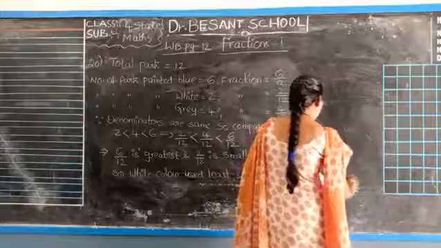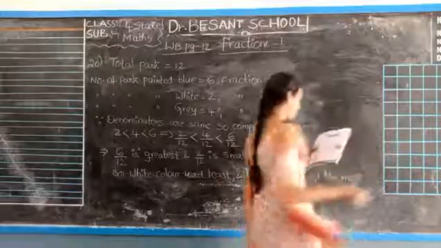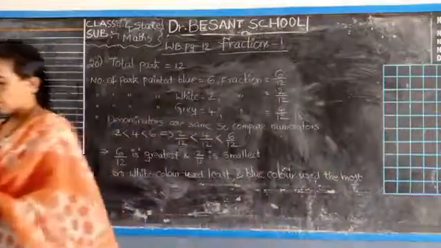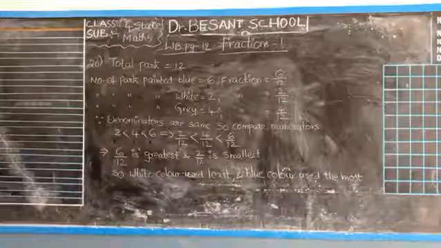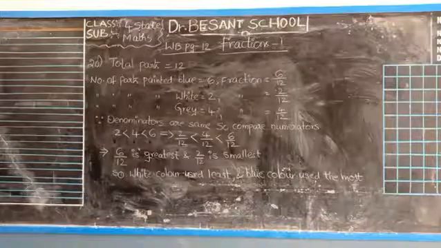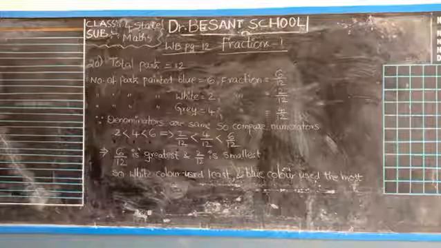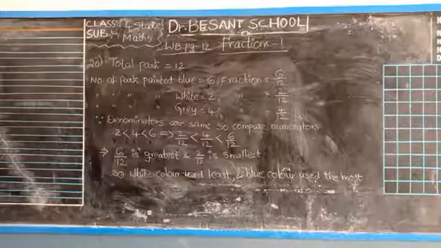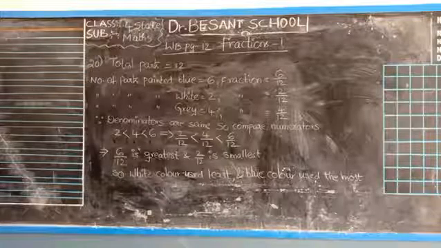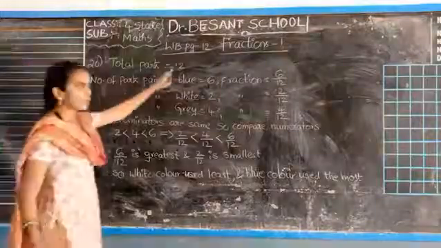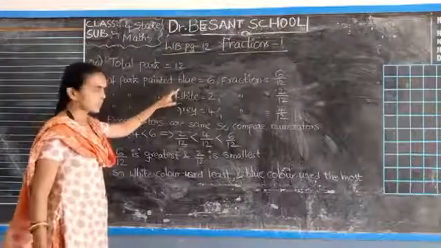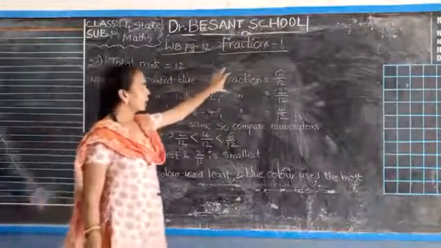Write down the working like this. Blue is used the most. Understand, children, how to write the fractions by seeing the given part? Yes. Observe here. First of all, you need to count the number of equal parts of different colors. First of all, total number of colors. Count the number of colors of each part and write their fractions.